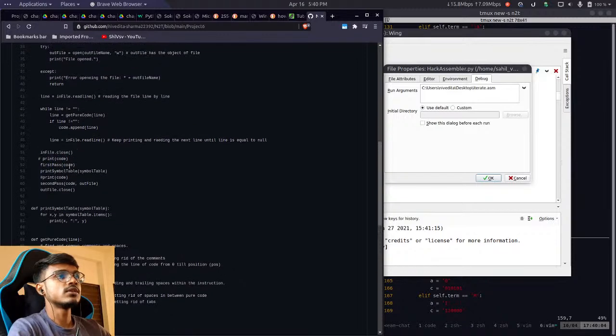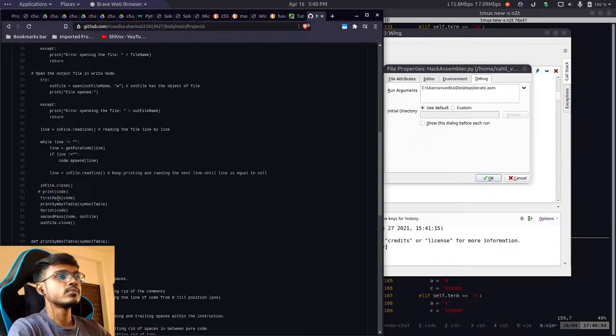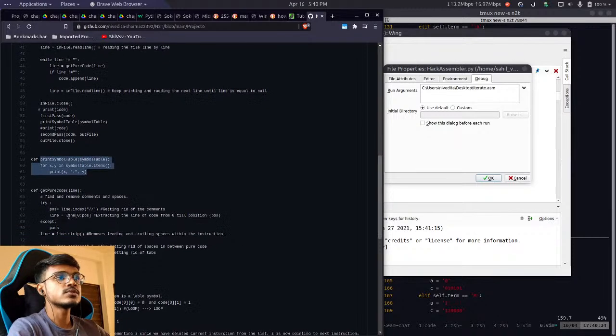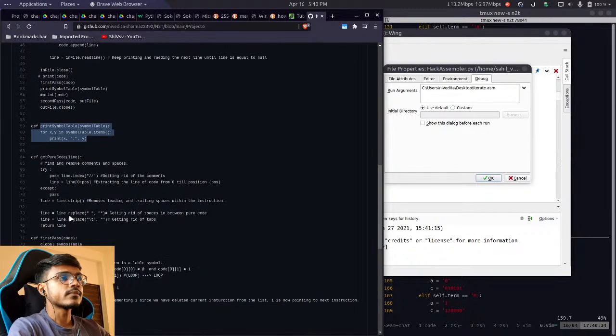After you are done reading, call the first pass on the code, and after that print symbol table. Second pass, output file dot close, symbol table. Okay, so this function just prints the symbol table values. This is, I guess, the main logic. Get pure code line, find and remove comments and spaces. So line dot index,